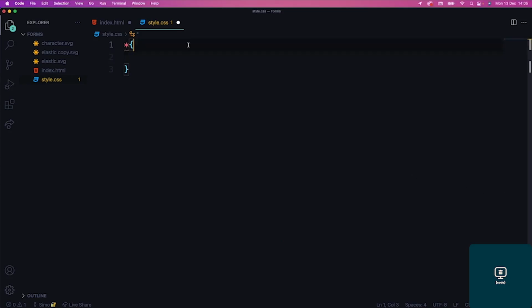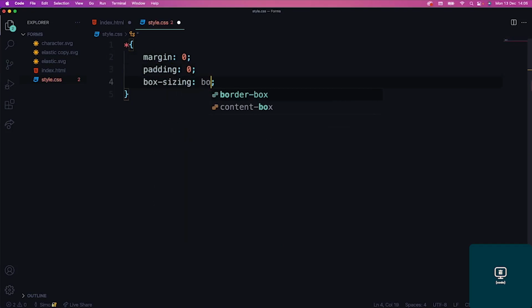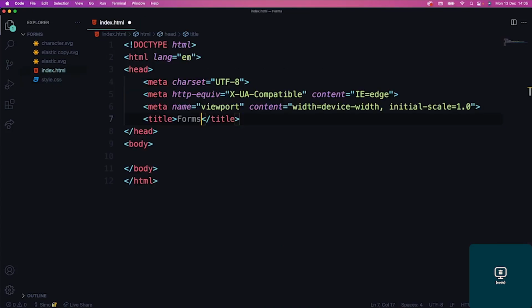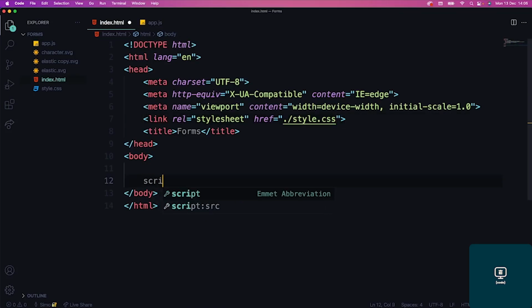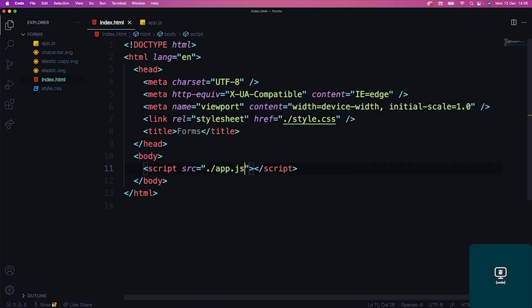Okay, so just a little margin 0, padding 0, and box sizing border box. Cool, hit save on that. Let's link it up here. So again, just a link, tab, /style.css. All right, and then we can get our app.js going. And here we'll link it using script, source, /app.js. And that's it. So now all we have left to do is bring in GSAP and maybe a nice